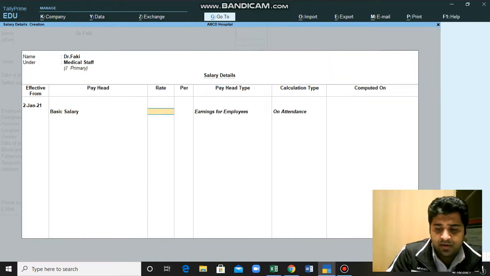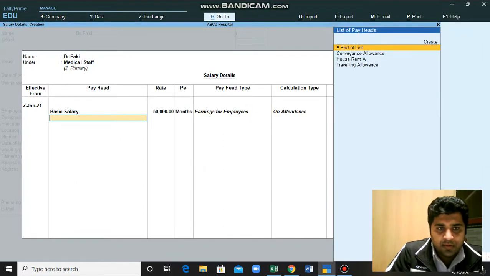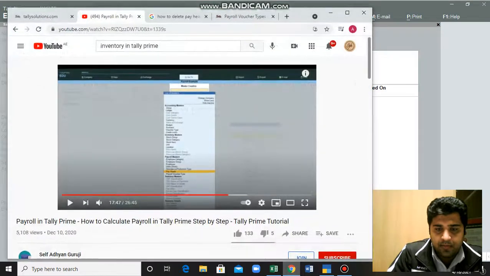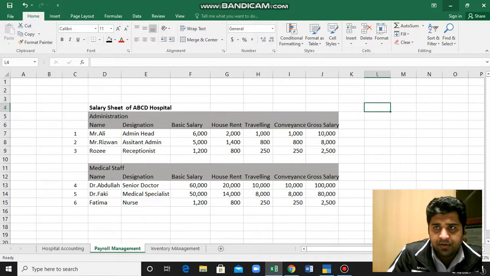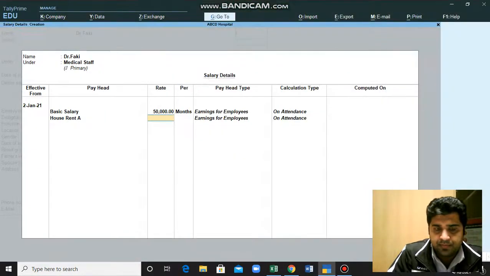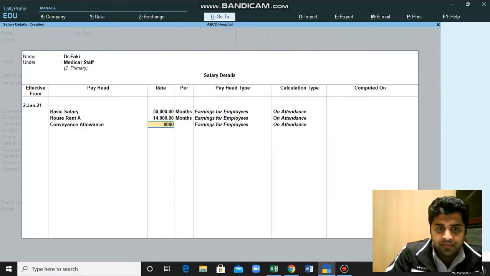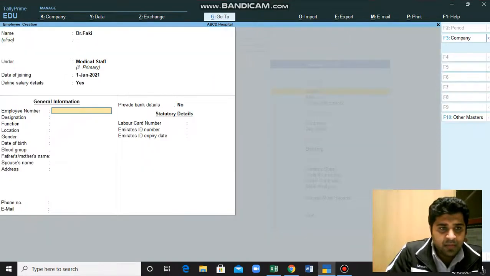Basic salary for Mr. Faki was 50,000. Okay. Then house rent allowance for Mr. Faki was 14,000. Conveyance allowance was 8,000. Traveling allowance was also 8,000. We are done with the details of Dr. Faki. Then again employee